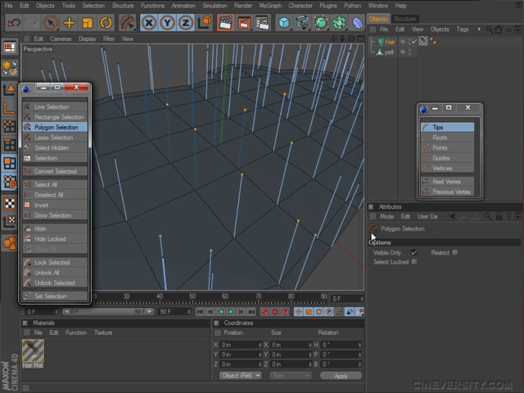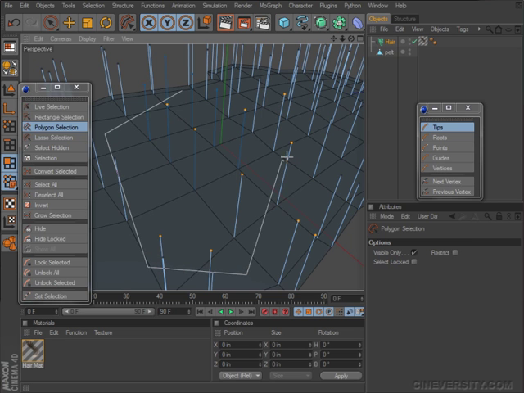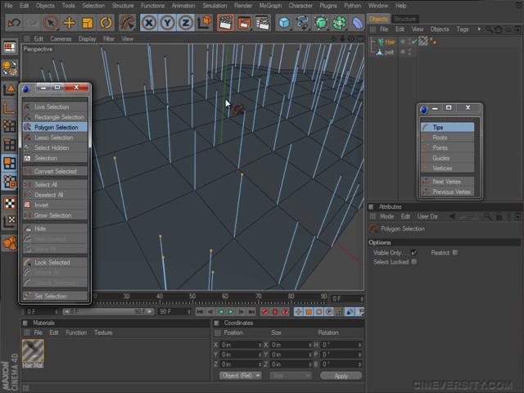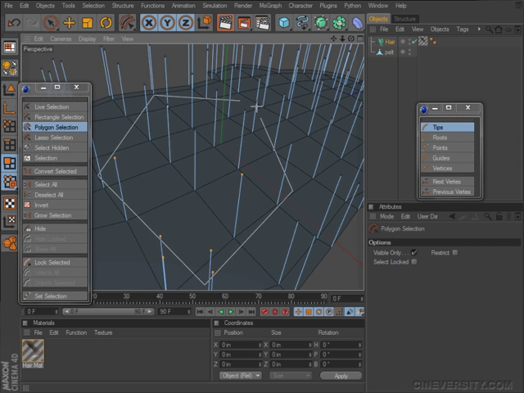Polygon selection has the exact same options as the rectangle selection, except with the polygon, you can click from point to point to point, and then finally on your starting point again to select any points within that area. Again, if guides are locked, they will not be selected. So we'll just unlock all, and we'll go again. So point to point to point to point to point, and then to the beginning again, and that selects all